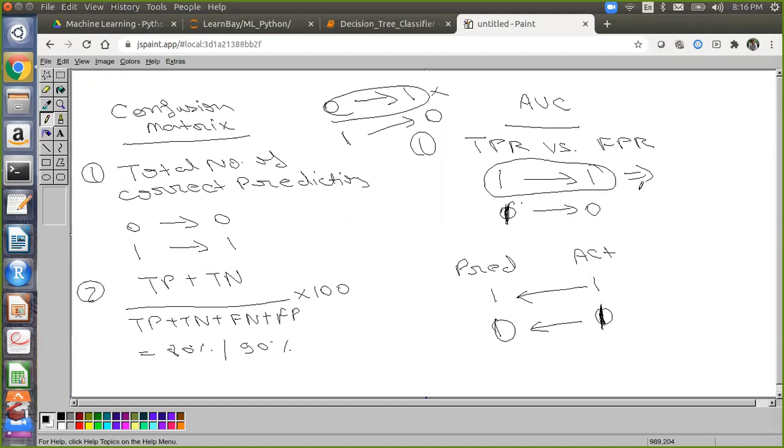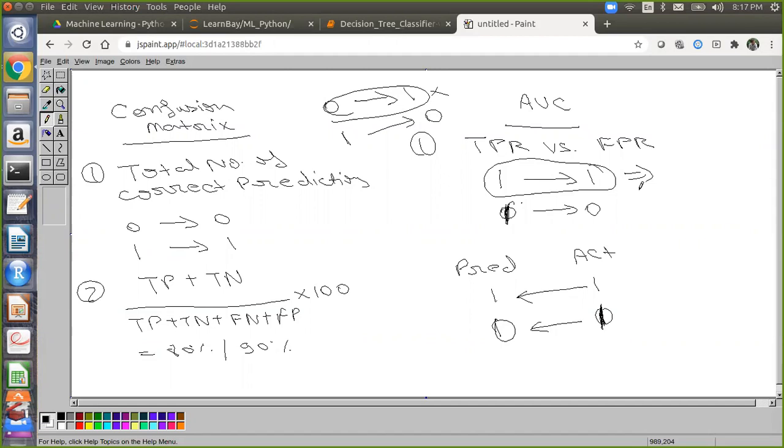Suppose you talk about the retail domain or marketing domain or bank domain, for example our credit card example. It's okay if somebody might take the credit card but my model has predicted he will not take it. It is fine. It is not a life and death situation. I am okay with that. But in the health domain, if somebody has diabetes or some disease and my model says you don't have the disease, this guy will go happily and after some time he will die. So industry-wise, this area under the curve metric is important. Sometimes people will ask you specifically to improve this particular thing, the prediction of 1 as 1.